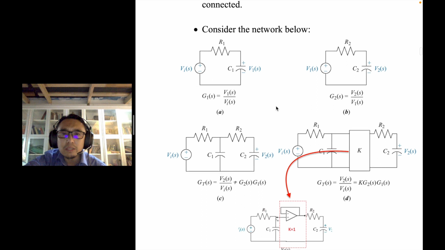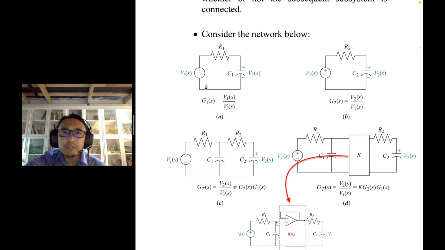If you can see here, you have a first circuit G1, and the transfer function for the first circuit is V1 over Vi. So G1 is the transfer function, and if you have a second circuit, G2 relates the output V2 and V1. If you connect these circuits together, forming this third circuit, the resulting circuit,